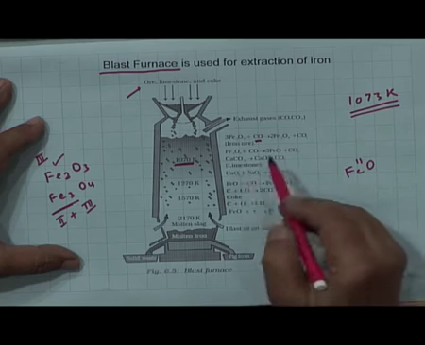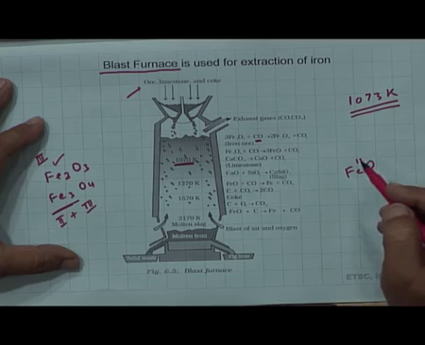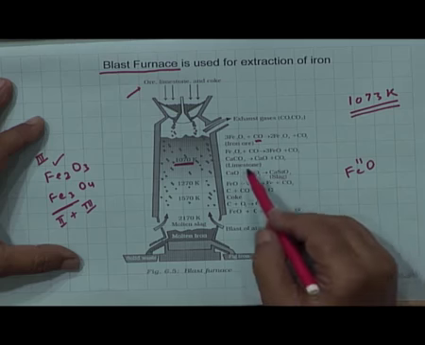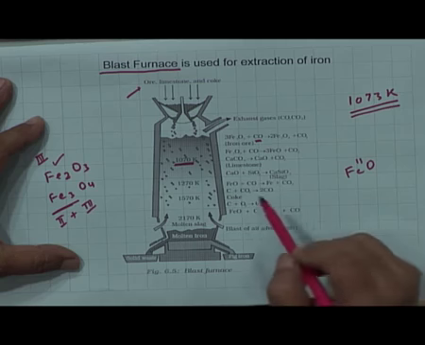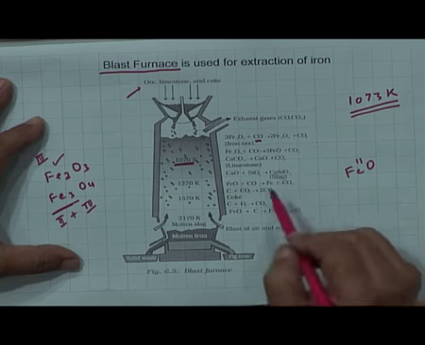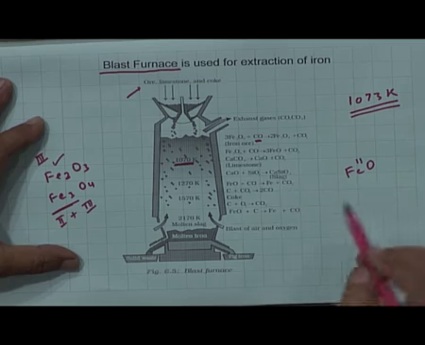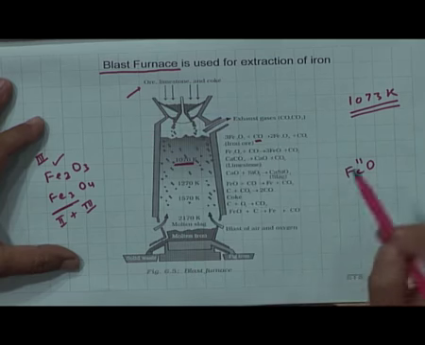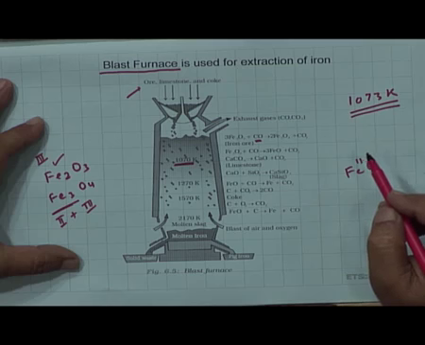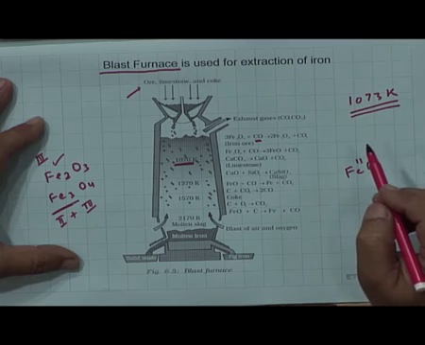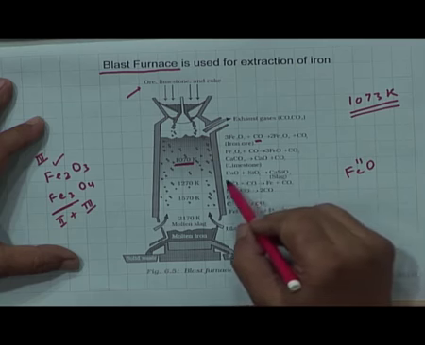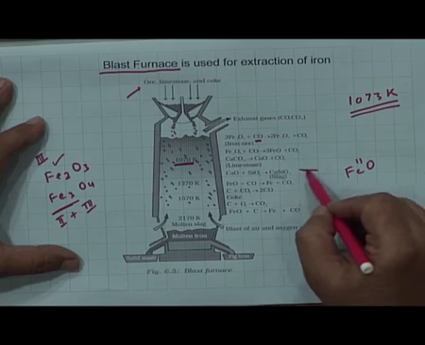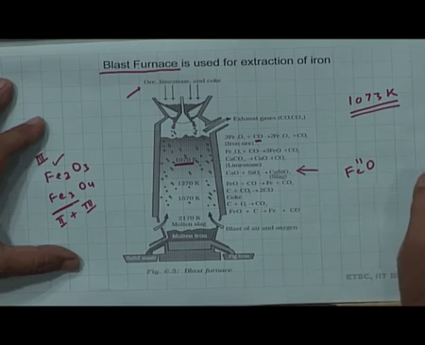Now, this calcium carbonate or limestone which you have added, at this temperature it will also be broken into calcium oxide and carbon dioxide, and this calcium oxide combines with the silica present in the ore, because all silica has not been removed from the ore earlier, partly it has been removed, but there is some left out silica. This calcium oxide combines with silica, calcium silicate is formed, it is called slag,